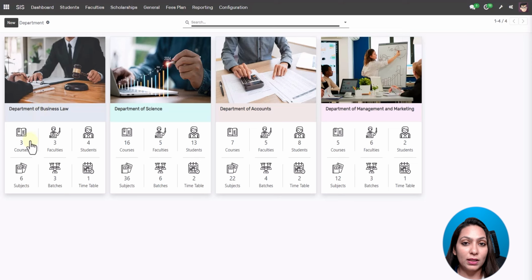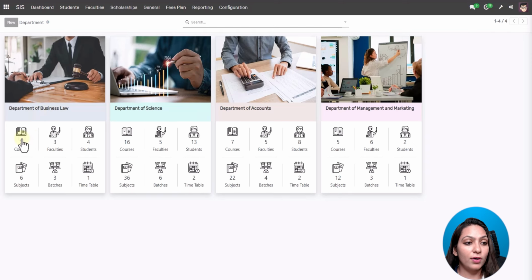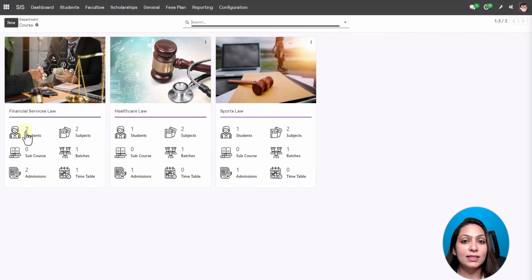Let me open it to show you. If I go under the courses, as 3 courses are assigned, there are these 3 courses under Business Law. Under the course Financial Service Law, there are 2 students, 2 subjects, 1 batch created, 2 admissions, and 1 timetable created.